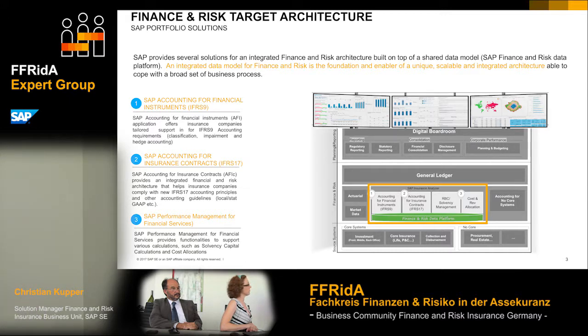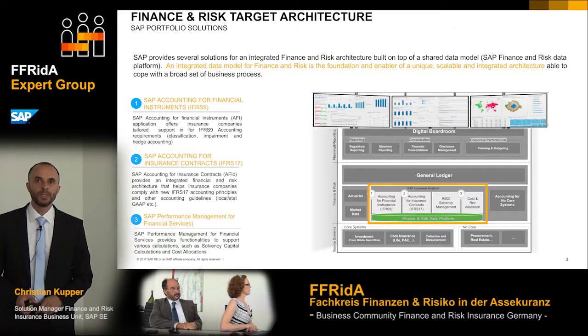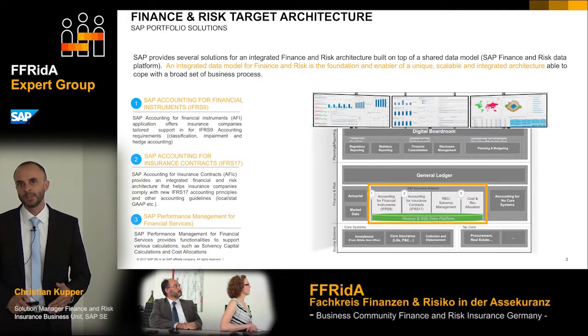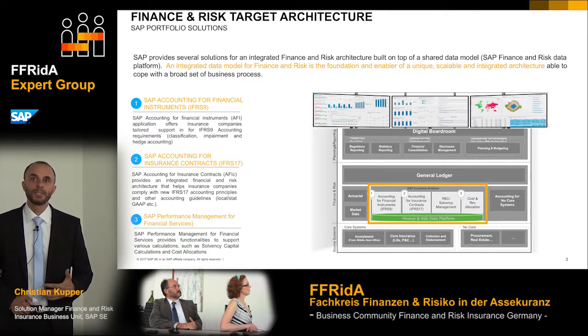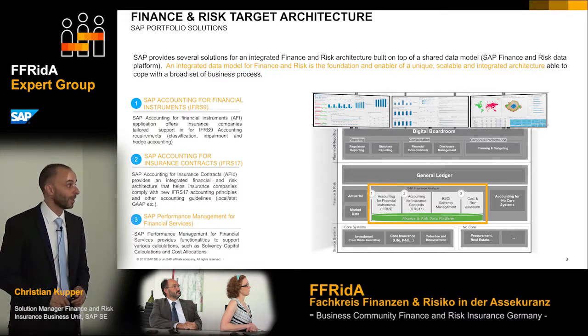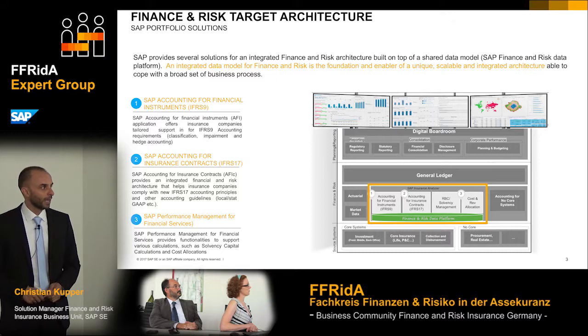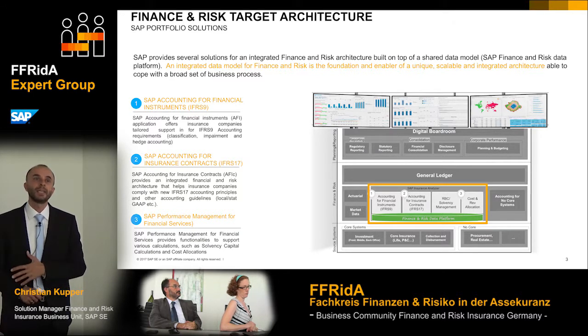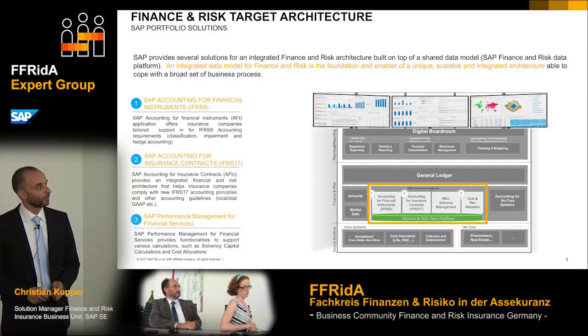All these products have something special in place. They have this green layer, which is indicated on this slide, the so-called Finance and Risk Data Platform. The Finance and Risk Data Platform goes beyond a classical data warehouse because it's built with the DNA of an accounting system, meaning everything is historized, versionized, nothing is overwritten. You can always go back in time. Accounting is about history writing. With this green layer, we ensure that all the processes and all the calculations are stored and can be handled in an auditable way.